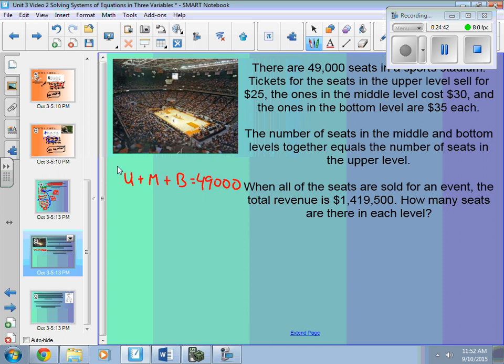They tell us the prices of each of these. We got a price, a price, a price. We need a total that is also talking about money that we can put that equal to, and we have one down here. So if we have $25 for the upper plus $30 times the number of middle seats plus $35 times the number of bottom seats, all that money should total up to be